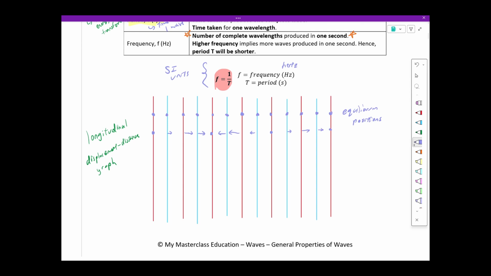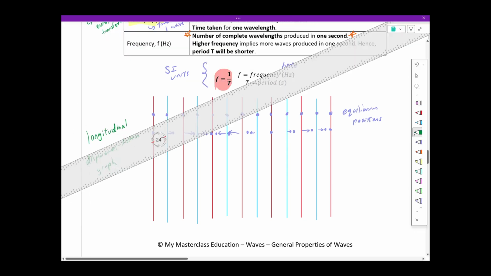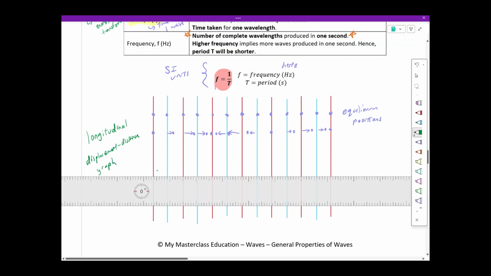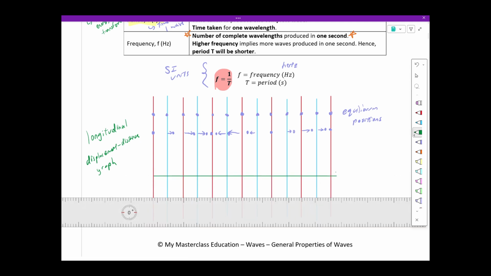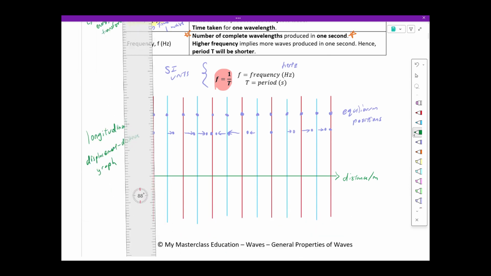This is in the center. Okay, so you can just imagine that there are particles here, here, here, here, here, and here. So you can just see, if I were to draw, let me just grab my ruler out. If I were to draw a horizontal line that represents the distance per meter, and my vertical axis, which represents the displacement